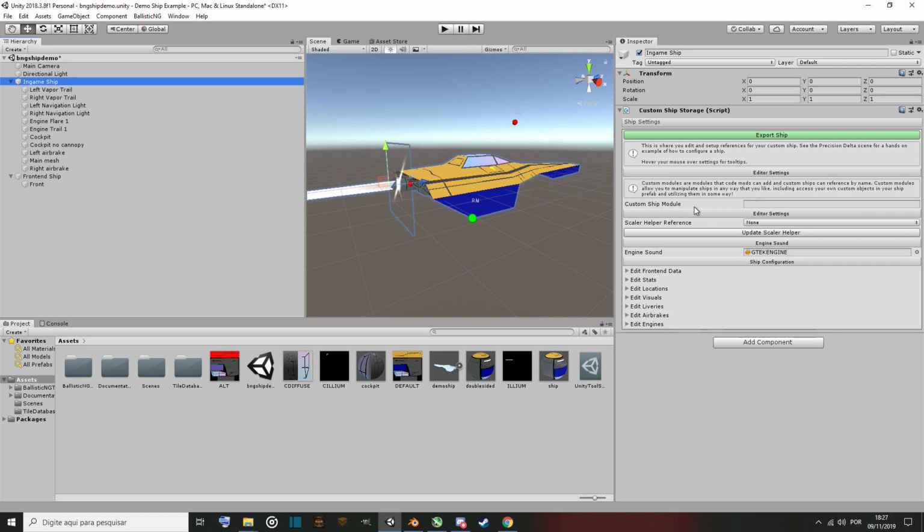Editor settings, custom ship module. This is like a directory for a script or function for our ship. If it is a normal ship that is using absolutely normal stuff like normal engine flare and normal engine trail, you're just gonna leave this empty. But if it's a drag ship that is using the new ship flare animation, you're gonna type in internal dash drag,